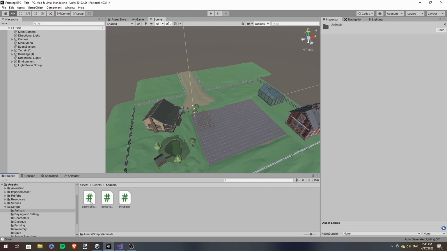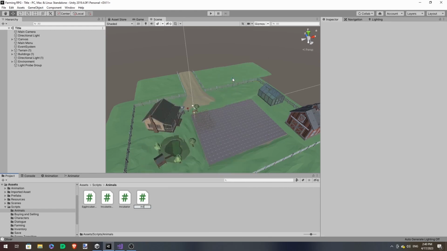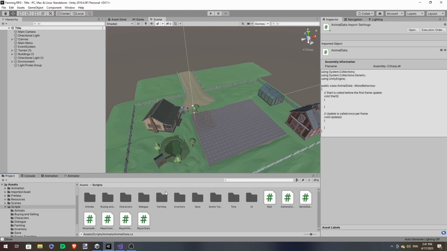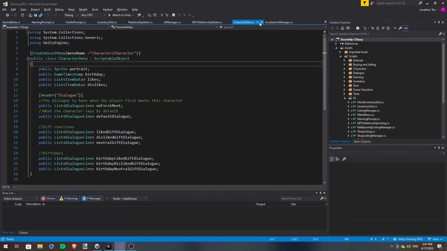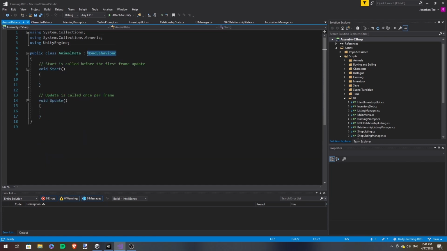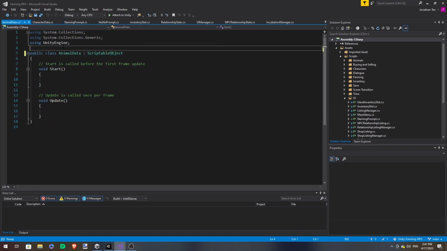So to that end, let's create a new scriptable object, call this animal data. And very much like our character data, we're going to make it a scriptable object, first and foremost. And then we'll create an asset menu.